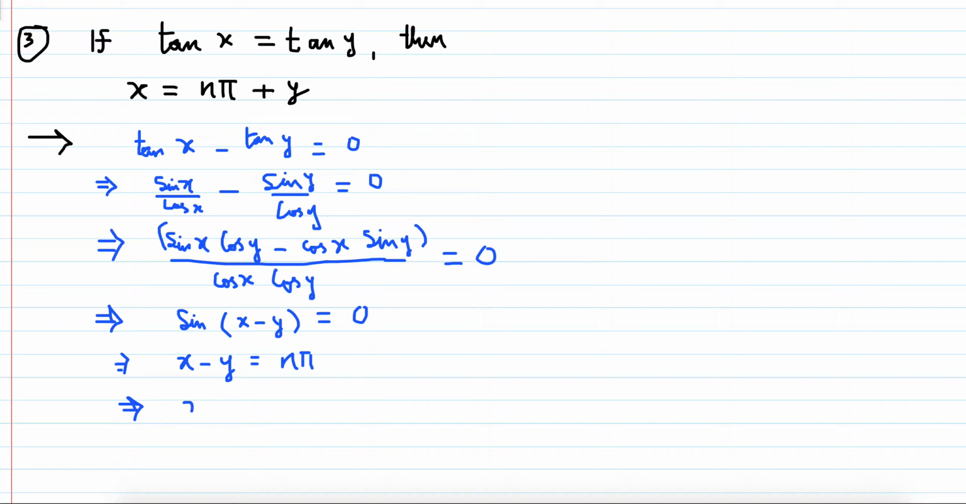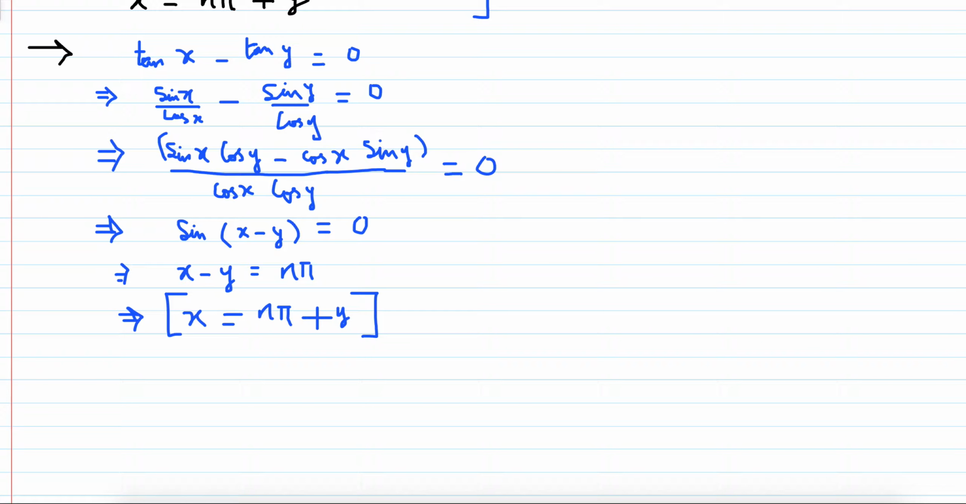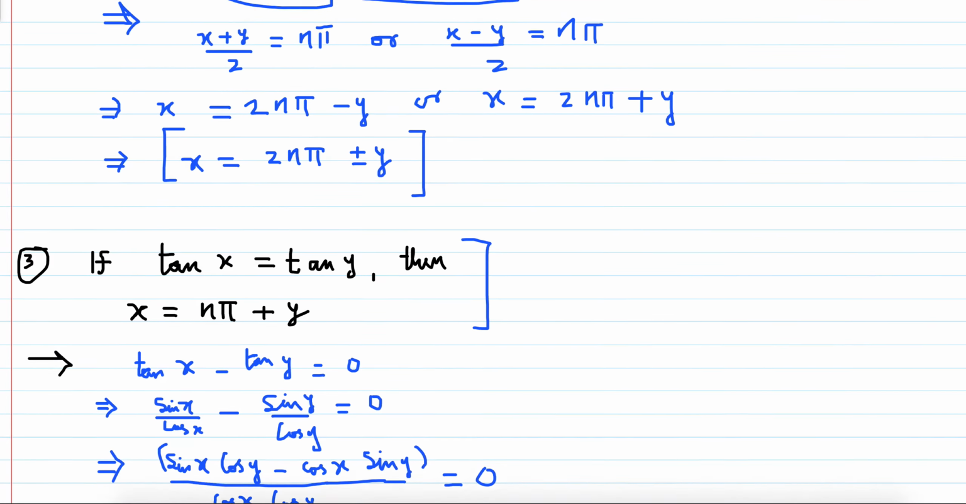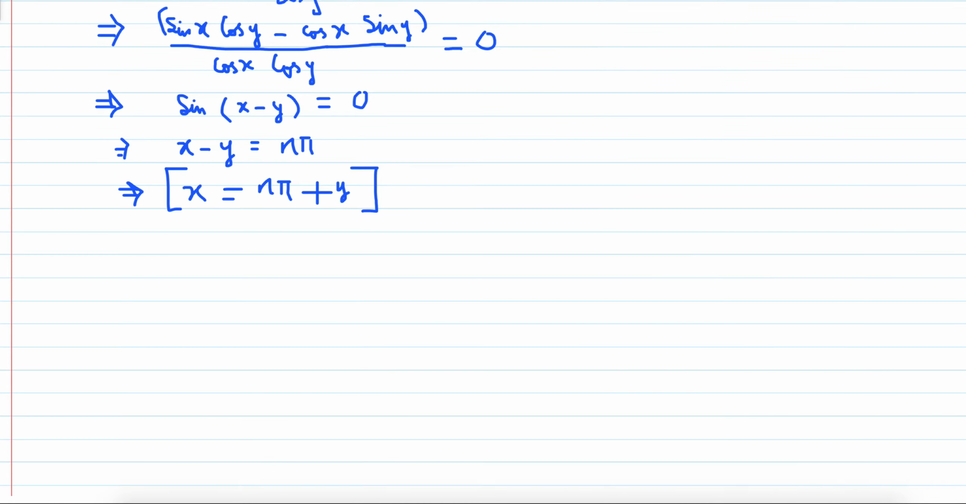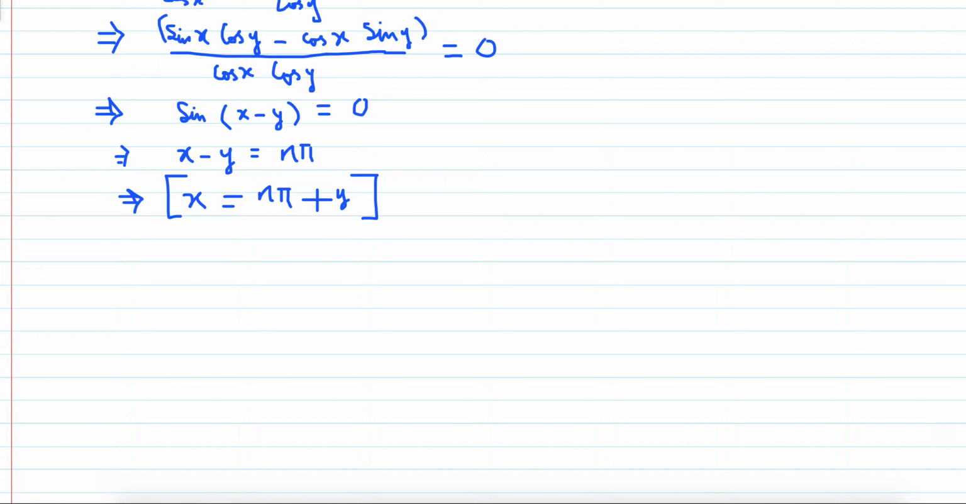Or x is equal to n pi plus y. So we have proved this part. Now we will see examples where we can use this. I will take one example each for sine, cos and tan, and in the next lecture we will see more examples. So first question,